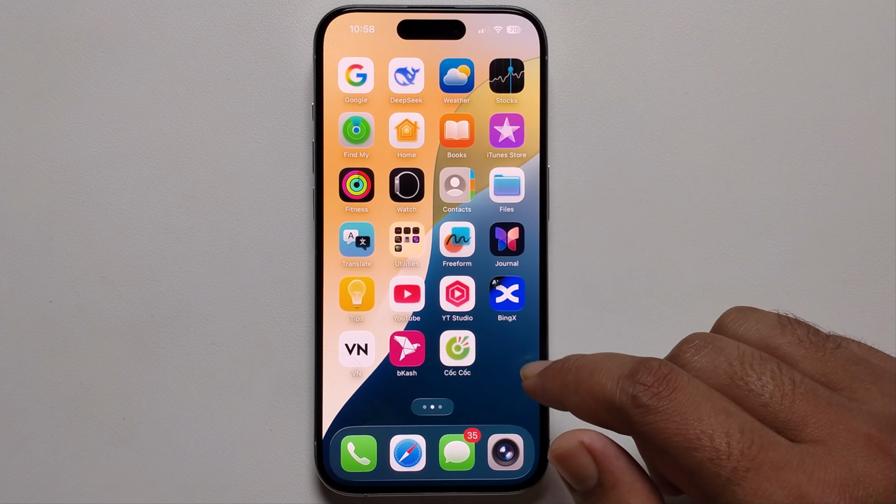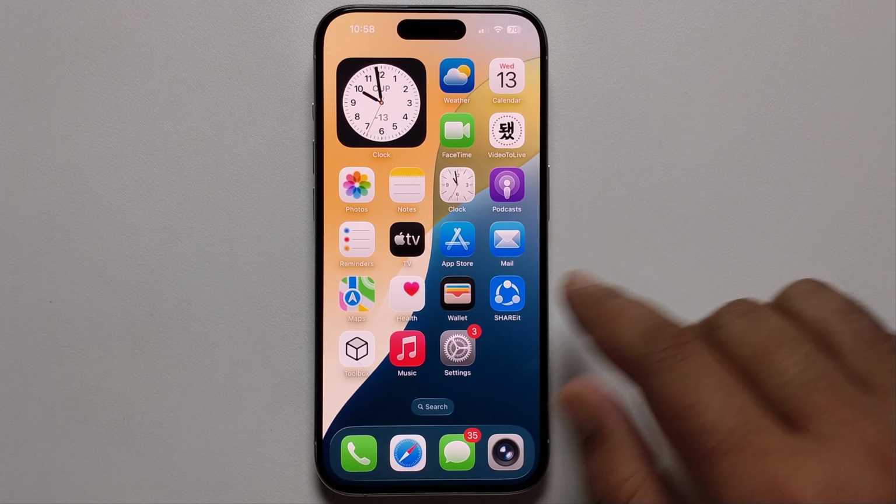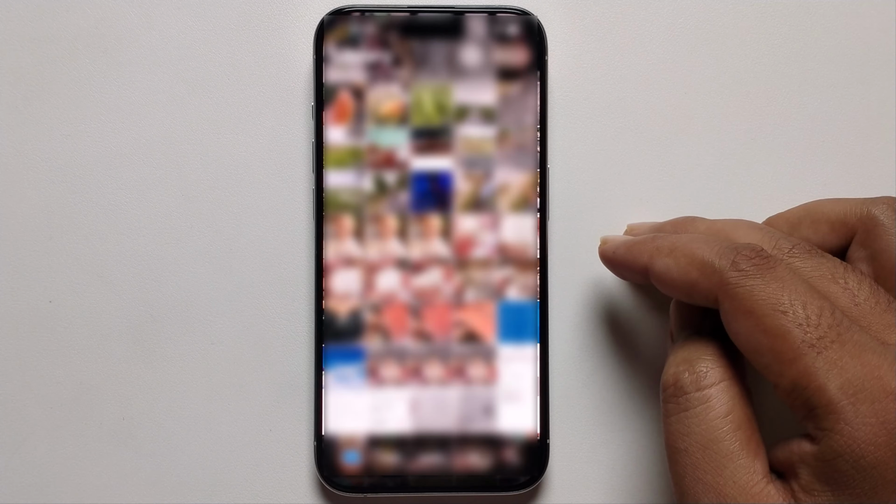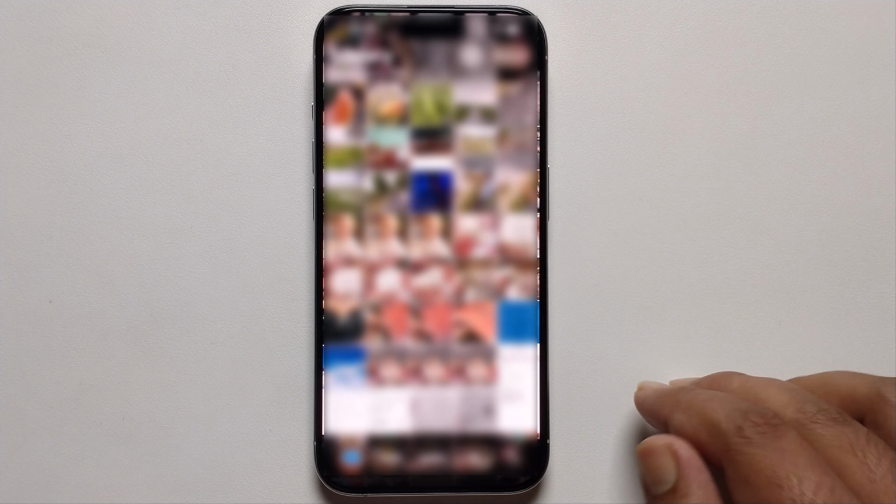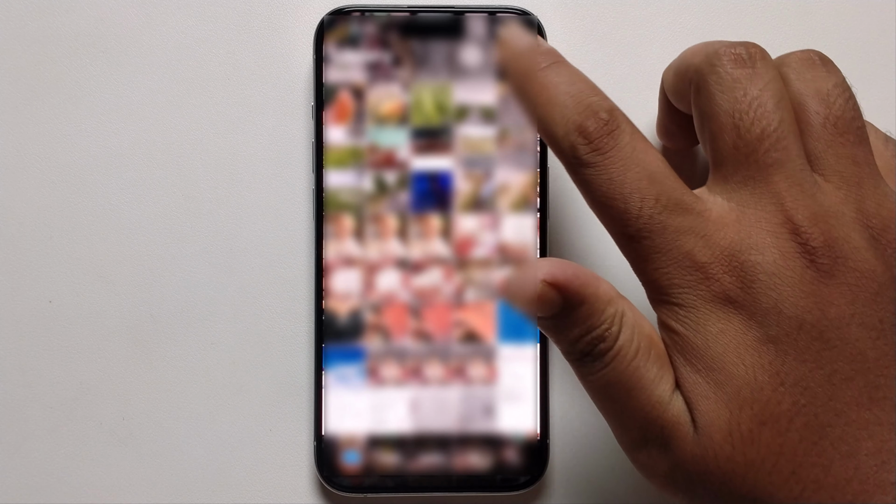Today I'm going to show you how to make a PDF on iPhone. So open your Photos app and select the photo that you want to turn into a PDF. I'm just selecting this image to format as a PDF. So first, select